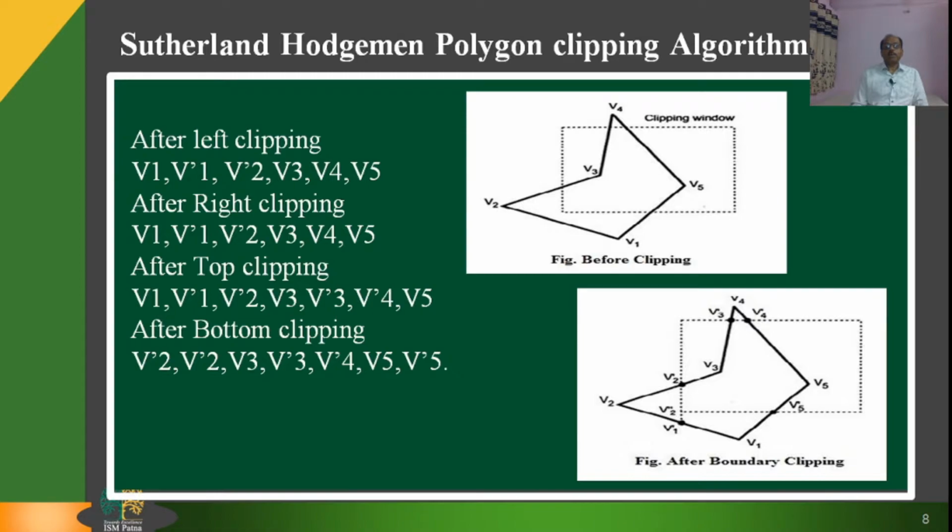Accordingly, for bottom clipping the vertices will be V2, V'2, V3, V'3, V'4, V5 and V'5. So, this is the way by which we do the clipping.